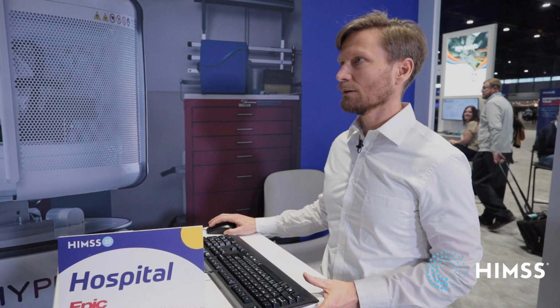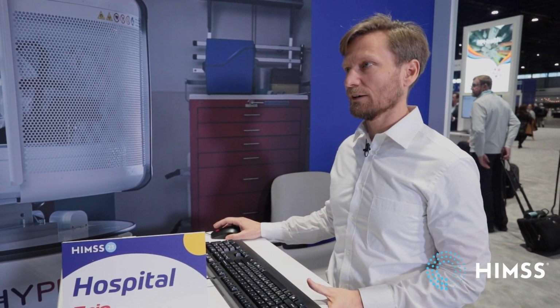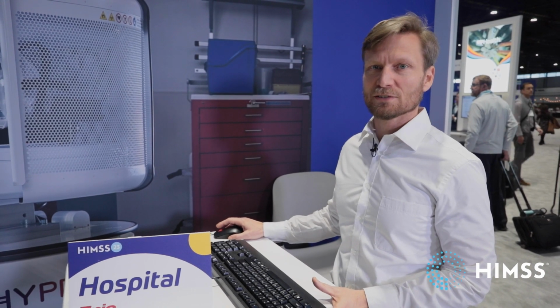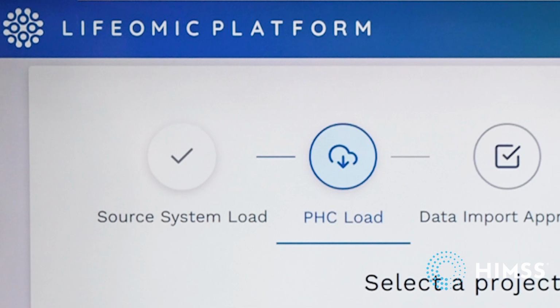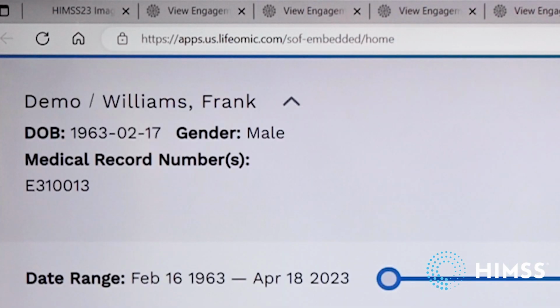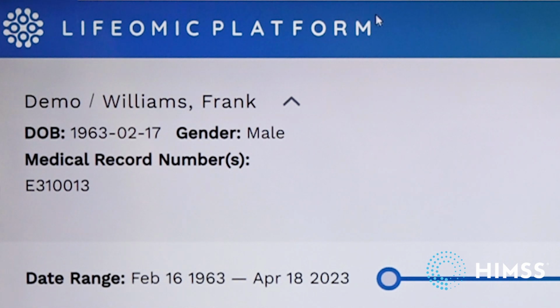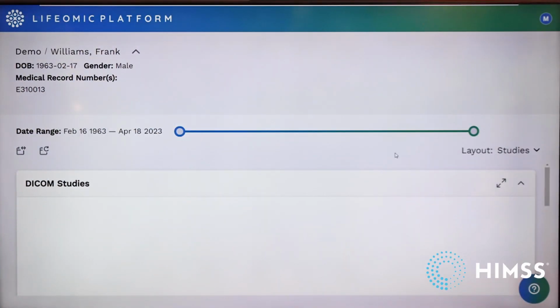I'm Matt Lavin from Lithomic, and I'm continuing the role of a clinician looking at MRIs. The Lithomic platform has collected DICOM data via Qvera and has also collected patient information from Epic via SMART on FHIR launch. And I'm going to open up the DICOM browser. So here you see a patient UI configured for Frank,